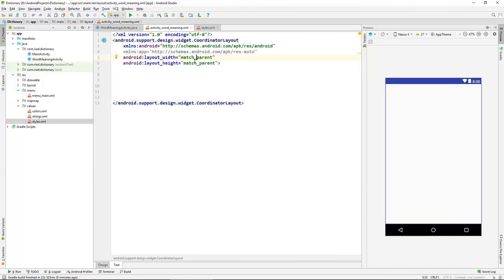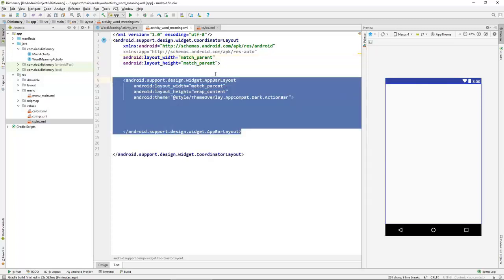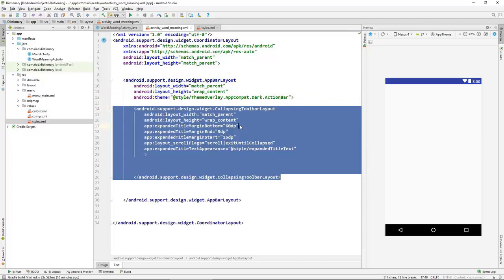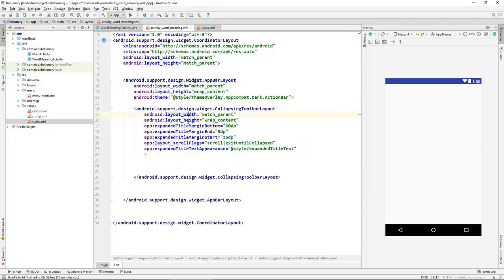Layout width and height is match parent, and inside the coordinator layout we are going to create a layout. So layout width match parent, layout height wrap content, and the theme is dark action bar. Now inside the layout we are going to create collapsing toolbar layout. So layout width match parent, layout height wrap content,